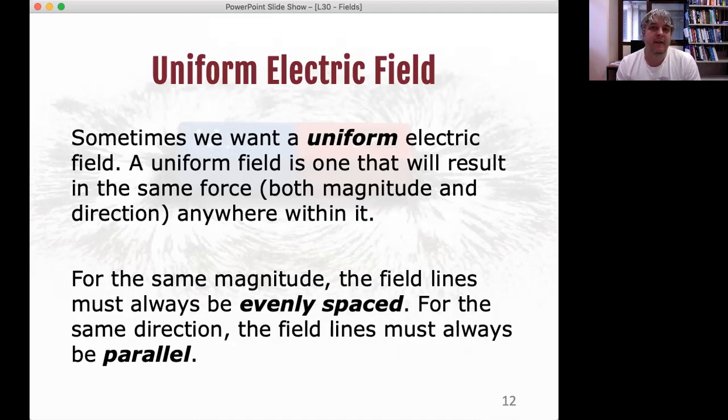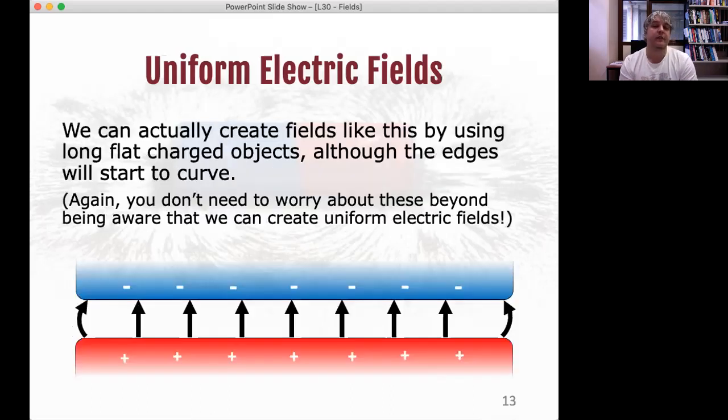So how do we create that? When we saw that a single charged particle creates field lines that point out radially, and multiple charged particles get all these curved surfaces, curved lines, how do we create an electric field with nice straight parallel lines? It actually turns out to be pretty straightforward. All we need to do is use large flat objects, right? Large flat objects, charge them up, and then the electric field between them will be nice parallel straight lines, as